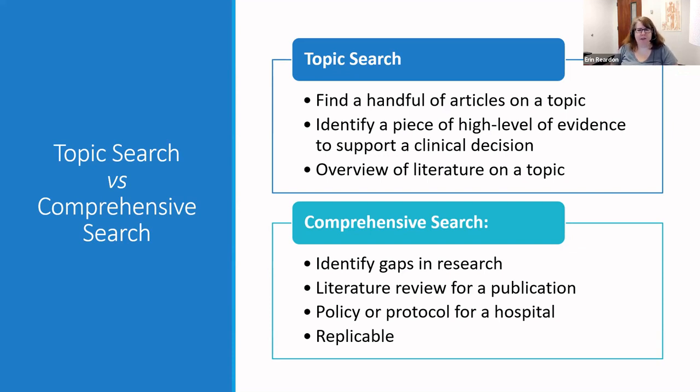When you're doing a topic search or exploratory searching, it can be easy to lose track of, well, what did I enter to find this one article? And how do I get back to that? And how can I find that again? Like, how can I find more articles like that again? But in this comprehensive search, we're being very exacting and we're telling PubMed to search for only exactly the things that we enter the way that we enter them. And then we can replicate that later if we need to.